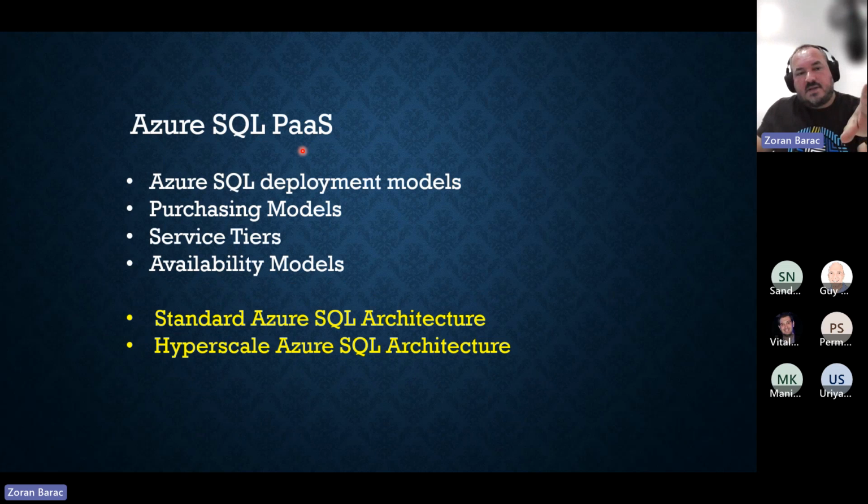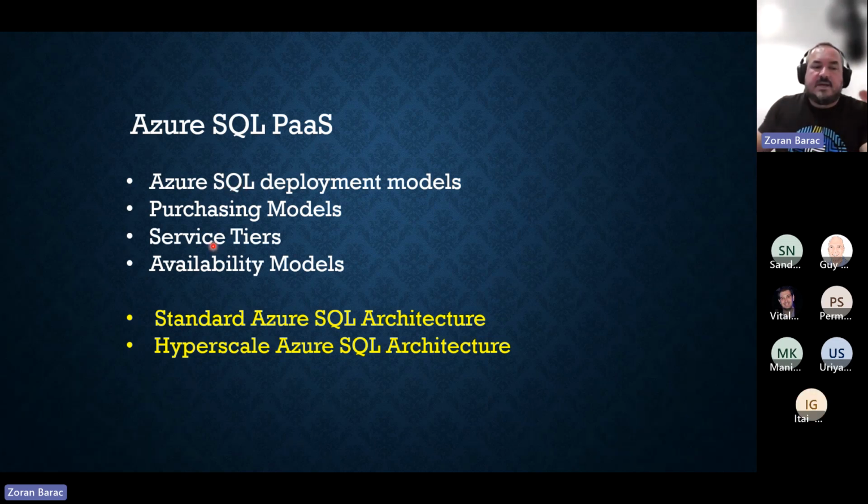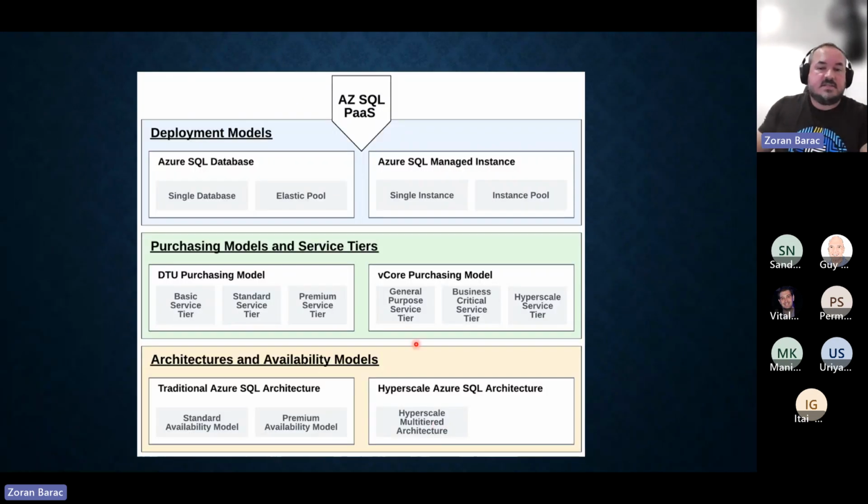So this is the first part: the traditional Azure SQL platform as a service offerings. Just to better understand, hyperscale is just a service tier of a single Azure SQL database deployment. It's not any other different area of Azure SQL PaaS. It's just a part of an existing one, but how it behaves and works in the back is different. Here we're going to cover the traditional one and explain what the architecture actually looks like, and redundancy as well, and everything which follows.